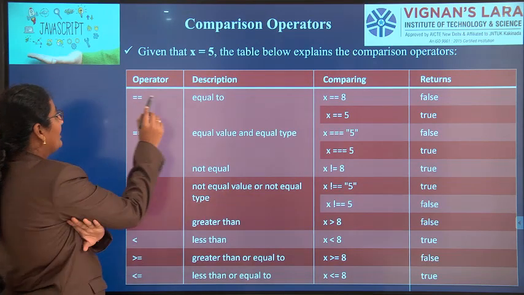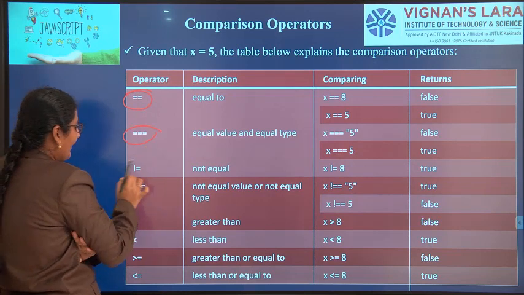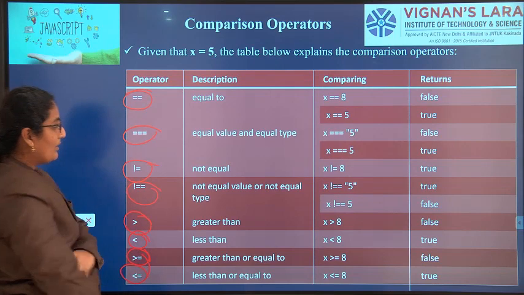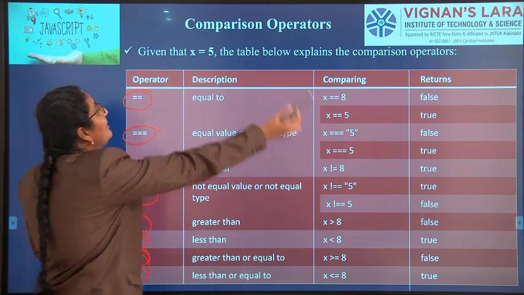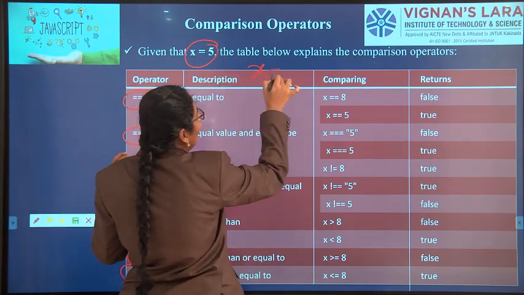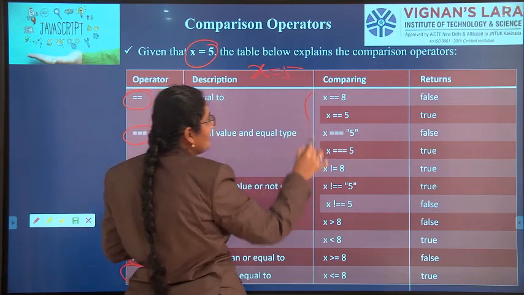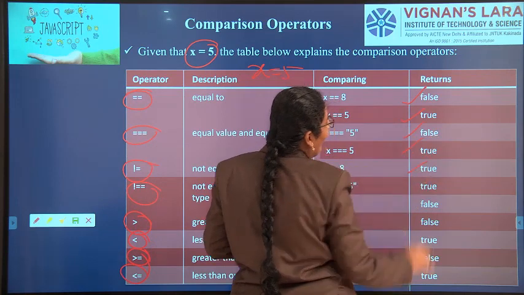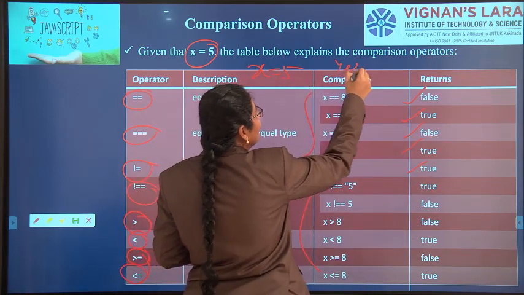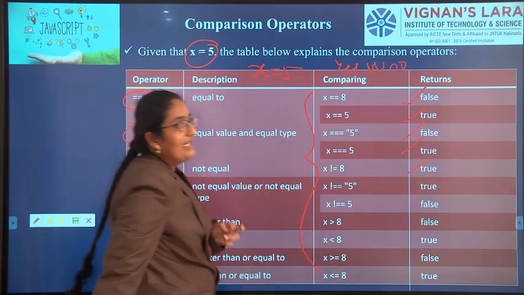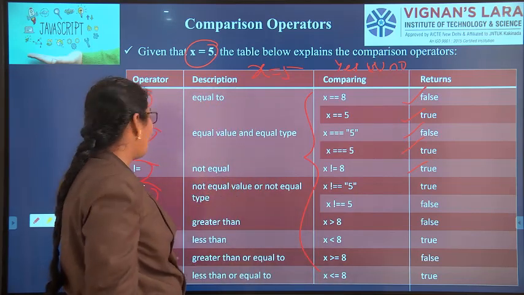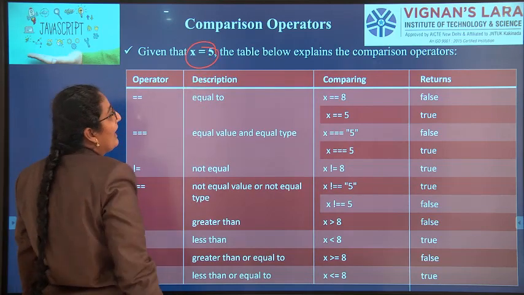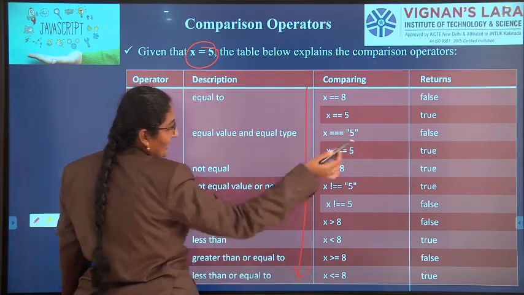I don't need to tell you about comparison operators again and again. Not equal to, greater than, greater than or equal to, less than or equal to. These you know from childhood. So, I am taking x value as 5 and I am performing these operations, which return whether it is true or false. Why do we compare anything? To tell yes or no. We will compare any two things to tell yes or no, or true or false. Here also we are taking the x value as 5, comparing with all these things and giving the output.